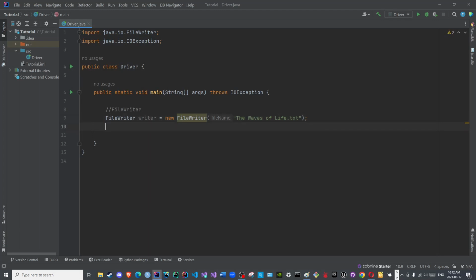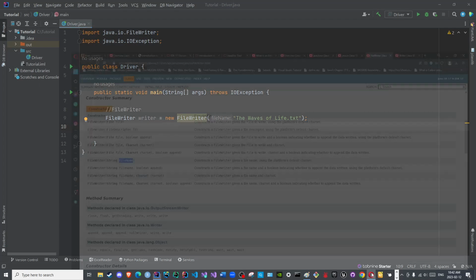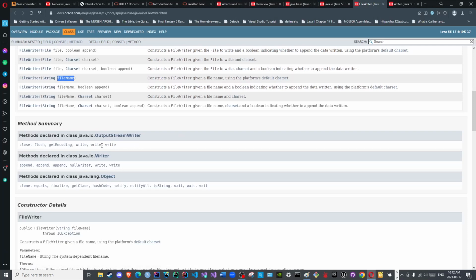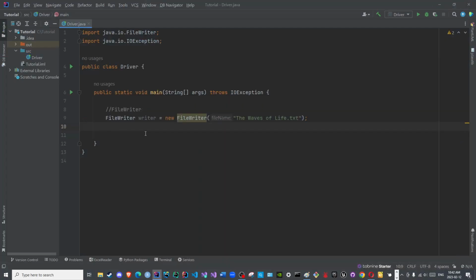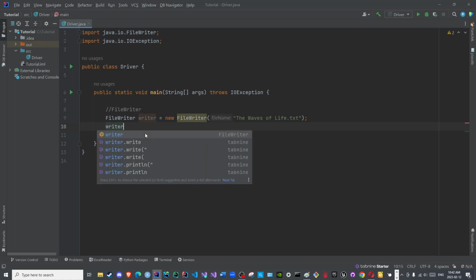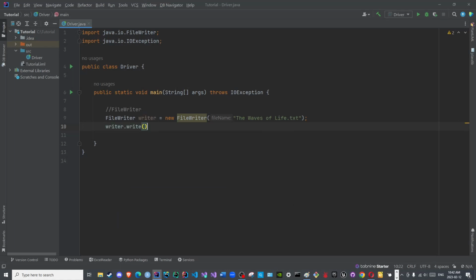What method can we use to actually write characters to a file? We have it here, the write method that we have been using long ago. So we will say writer dot write, and here we write the text that we wish to write